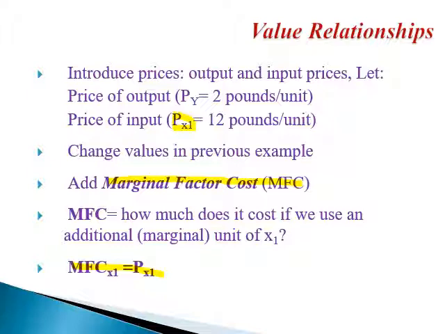And remember, on what basis do we have that unit price of output? How is the unit price of output determined here to be 2? It is the supply of output and the demand of output intersected at an equilibrium price of 2. And the same thing applies to the input market. The supply of the variable input and the demand of the variable input resulted in an equilibrium price of the variable input of 12 pounds a unit. Because in our analysis, remember, we assume that outputs are produced and sold in a perfectly competitive market and inputs are produced and sold in a perfectly competitive market.